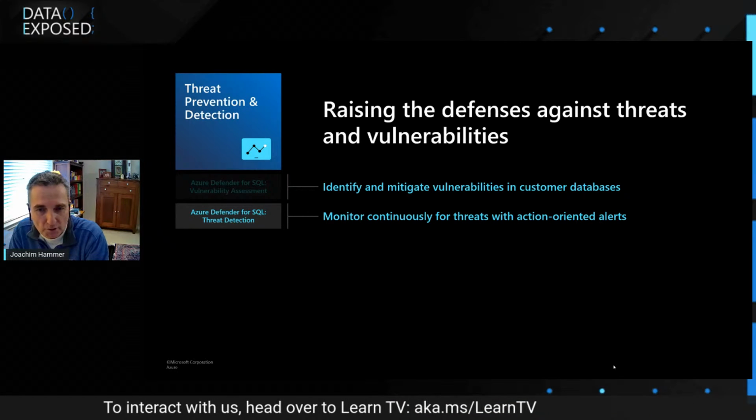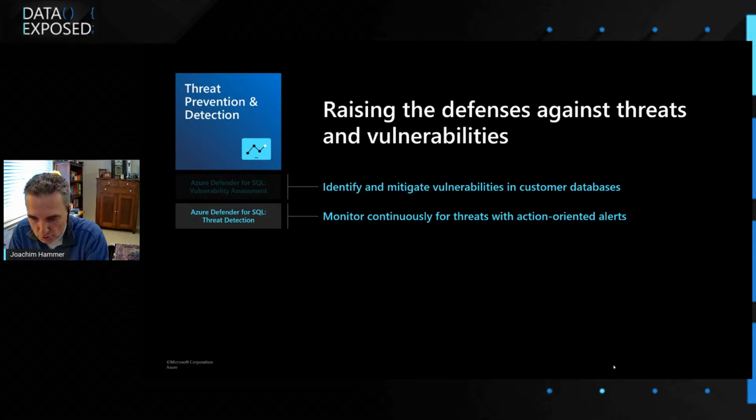And actually I should say it will go into the Azure portal, and it will also show up in Azure Security Center. And here the cool thing is that these alerts that are coming, they're actually action oriented,